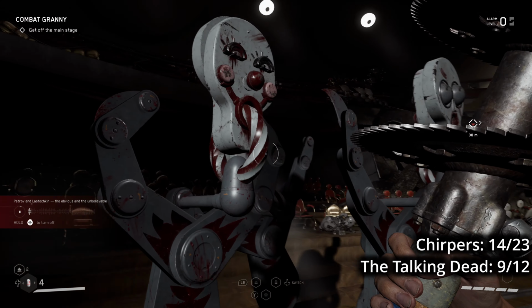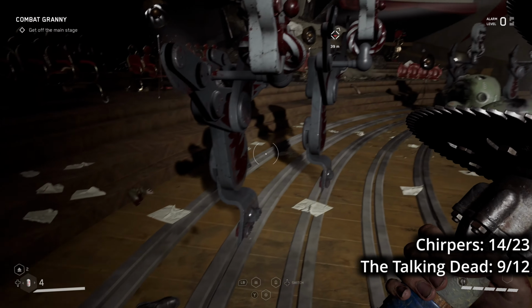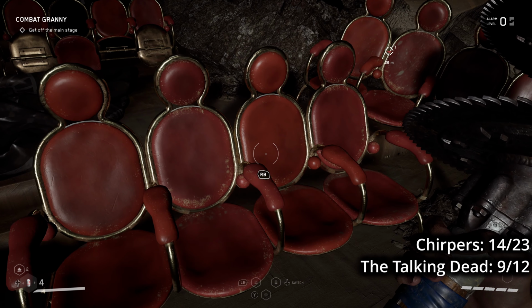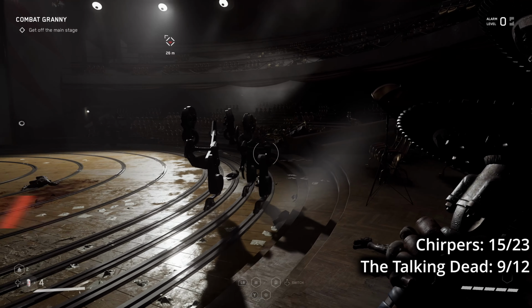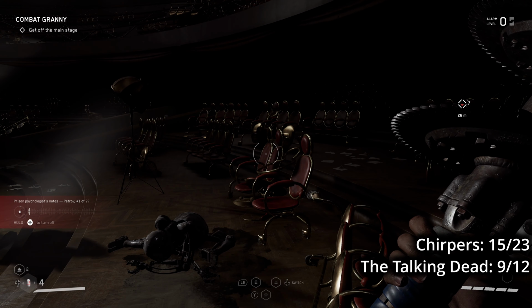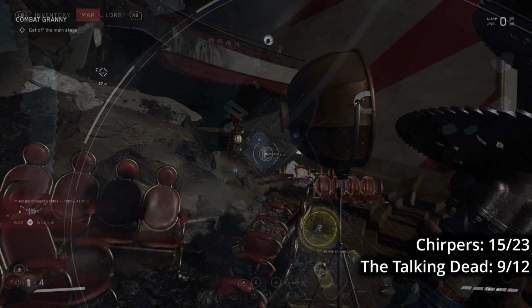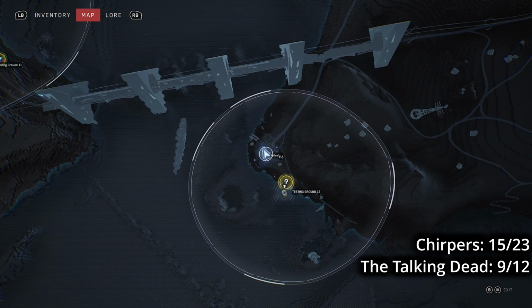And then from that chirper, you are going to head just a little bit over to your right. Not quite up the ramp, but next to it, there's a chirper sitting on the chairs right here. So go ahead and pick that one up. There we go. Alright, and that is all the areas for the theater, so we're now going to be moving on to the